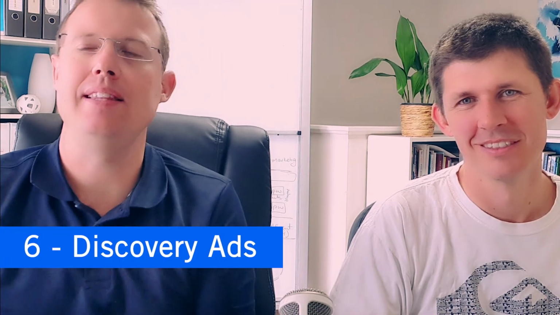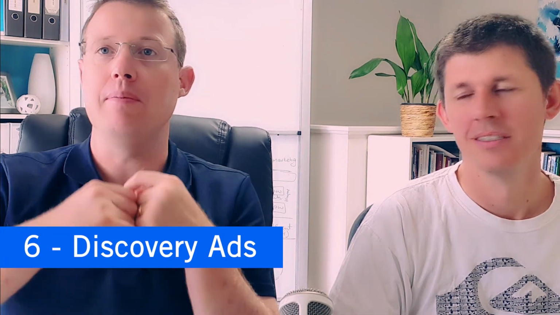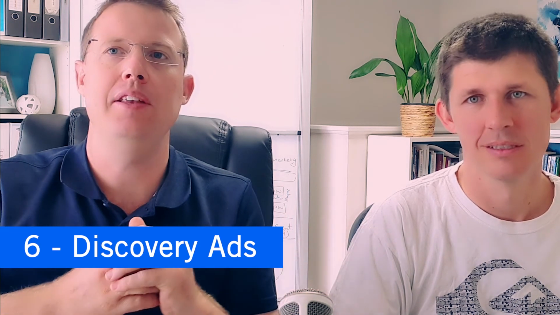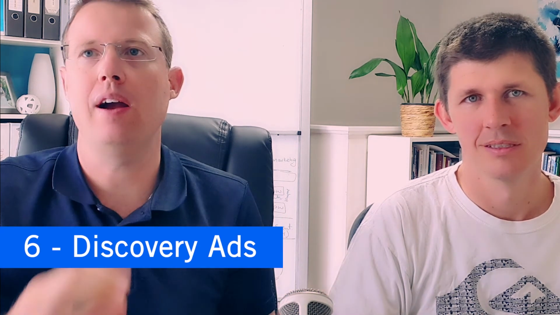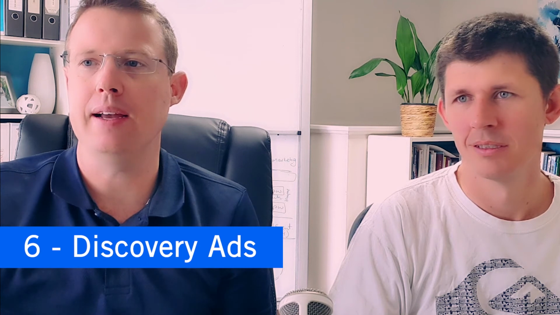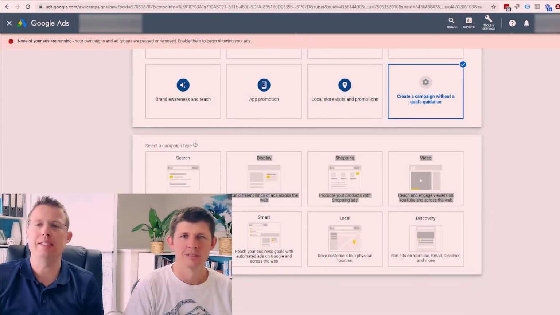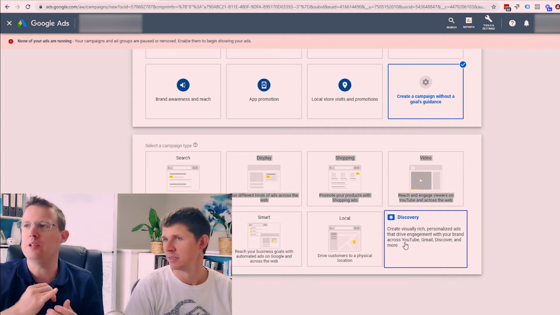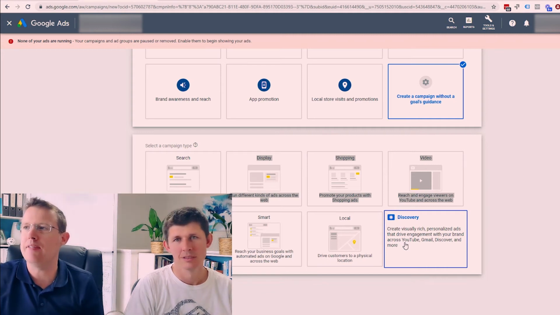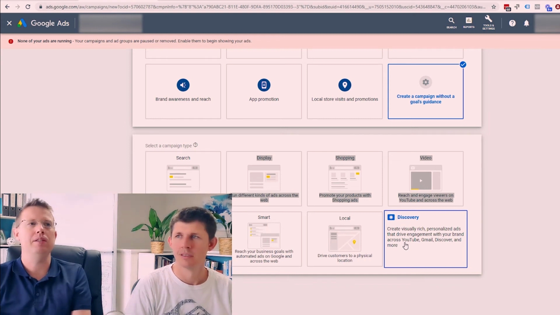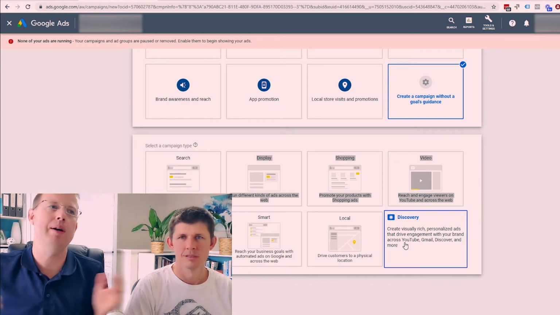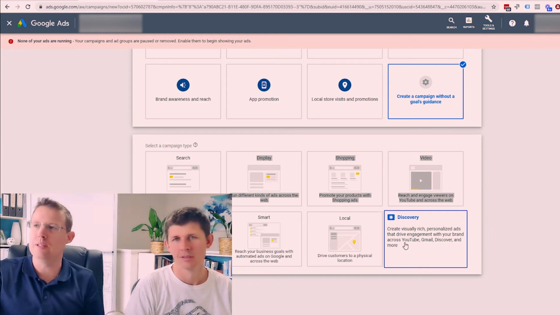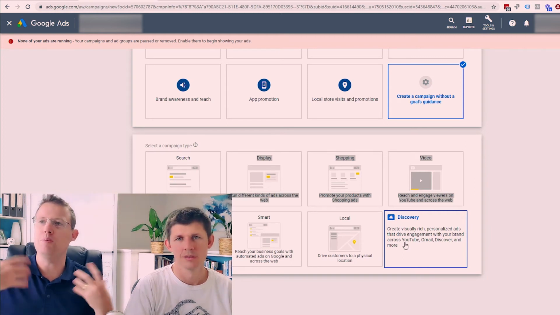The next campaign that we can actually run is called the discovery ads. And this is to help you get, obviously, more discovered and help your ads and your content to go far and wide. So let's have a look at what this looks like. So if we come into the back of Google Ads, you can see here that this is the campaign type you would pick. And it basically helps you to create visually rich, personalized ads that drive engagement with your brand across YouTube, Gmail, and Discovery Network. So that's obviously the thousands and millions of websites that cover 90% of all internet users. So basically it helps you get more discovery, right?